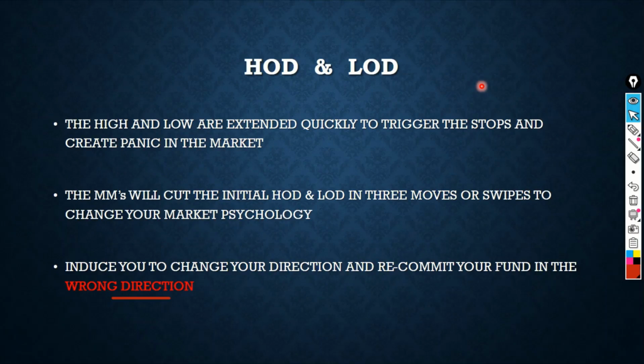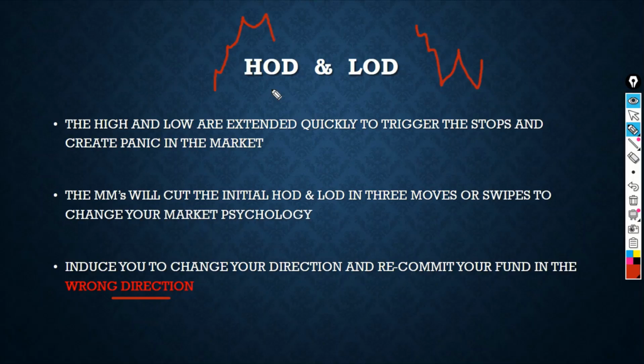Let's talk about the high of the day and the low of the day. The high of the day, this is where we have 1, 2, 3, we have an M, and the low of the day, we have 1, 2, 3, we have a what? A W. Okay, the high of the day and the low of the day are extended quickly to trigger the stops and create panic. So if he comes above the high, he wants to induce people to continue to buy, triggering their stop losses. The same if he comes towards the low, he wants to make sure more people will sell,